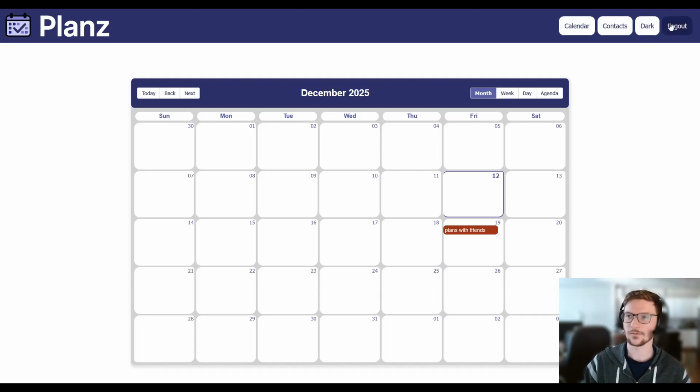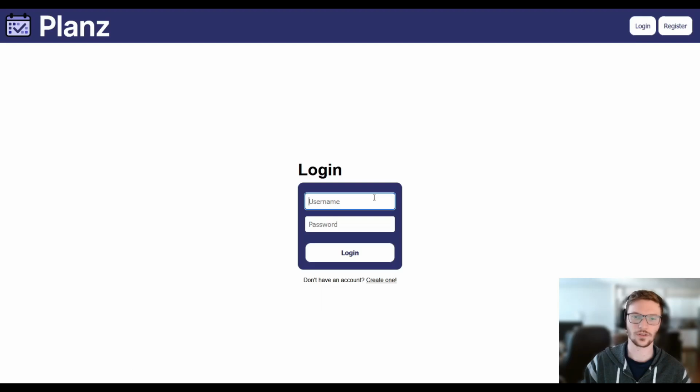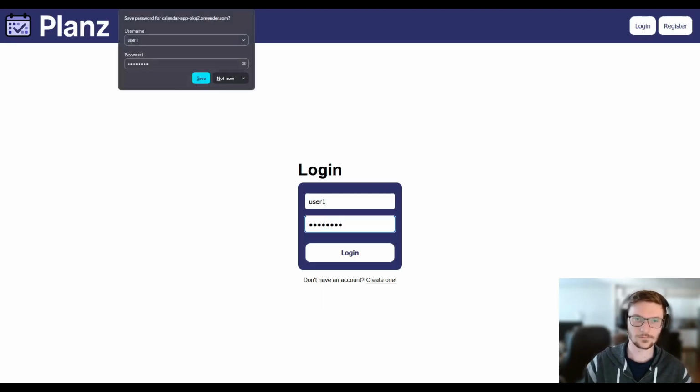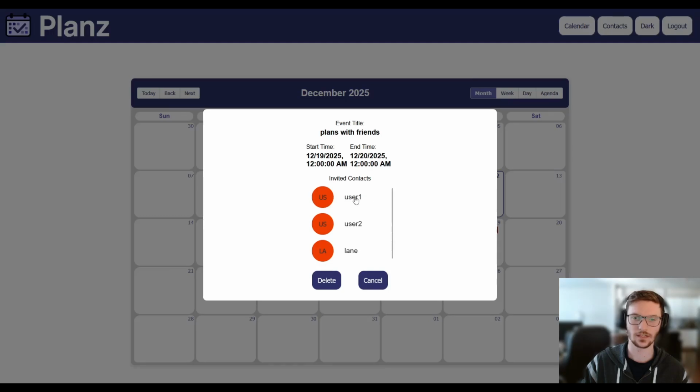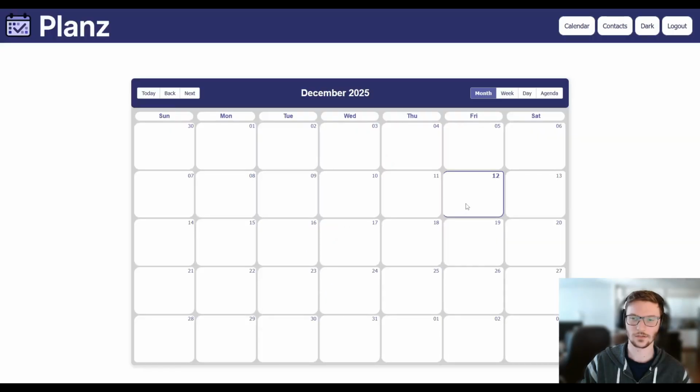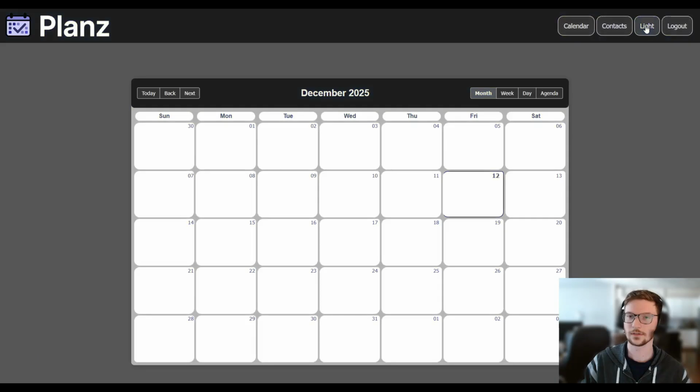If we log out and log into one of the other users, we can see that our calendar now has the plans with friends with the other invited contacts. We can also delete this from any of the other users that have been invited. And if I were to log in to any of the other accounts, we can see that the plans were deleted. There is also a dark mode, just for convenience,